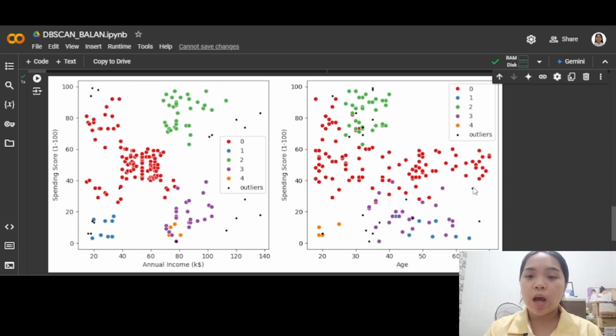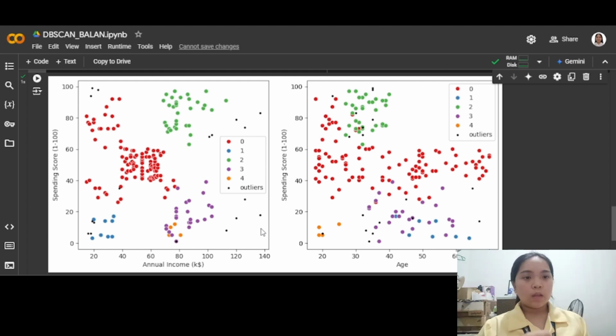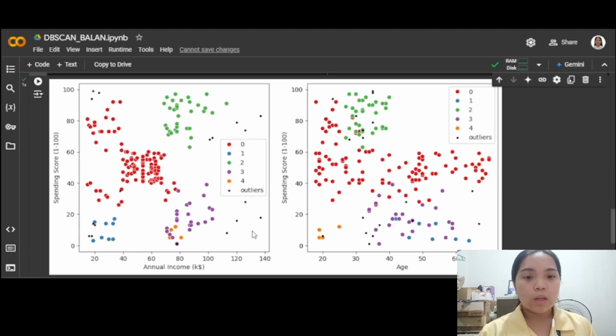Meanwhile, the outliers may not have fit into established segments, which could mean they require different marketing strategies or product offerings. So, understanding why certain customers are outliers can provide valuable insights into rich markets or unmet needs. So that is all for the DBSCAN clustering. I hope you understand it very well and thank you for listening.